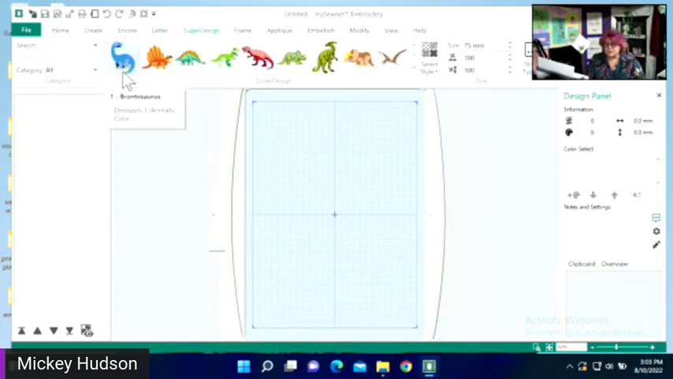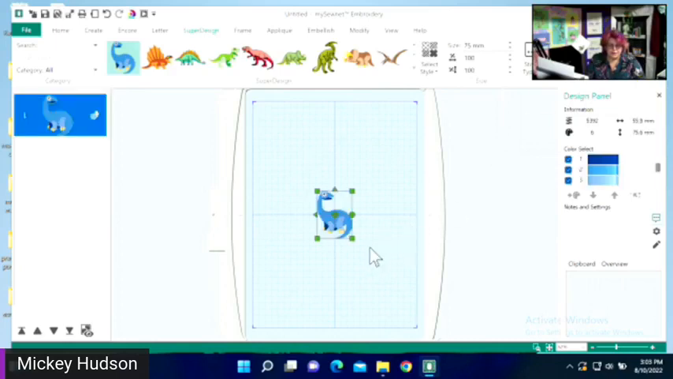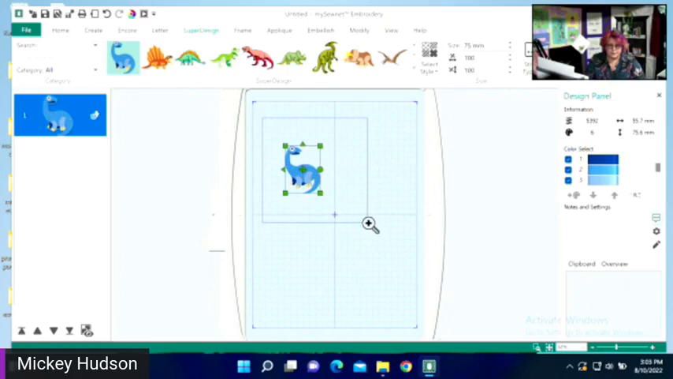I'm going to select this dinosaur. Now, some of you may have seen this already, but I'm going to go ahead and just select apply. And he's going to bring my dinosaur down here. Now, one of the things about a super design that makes them so super